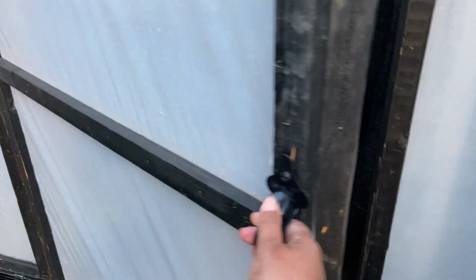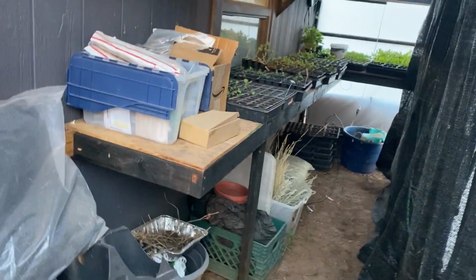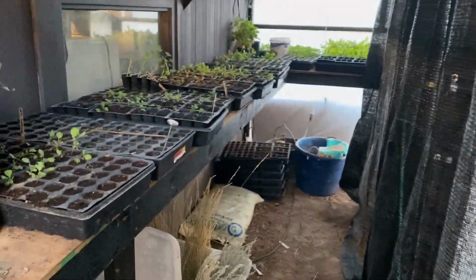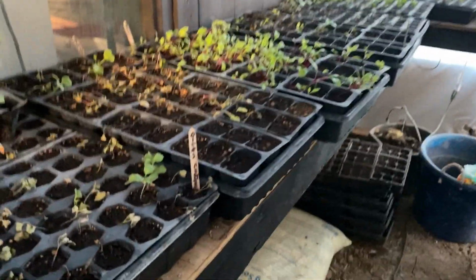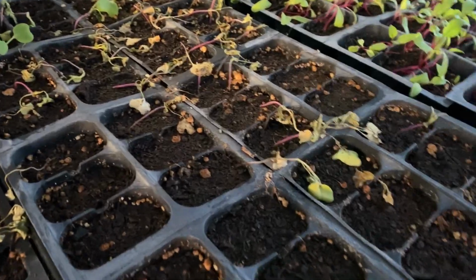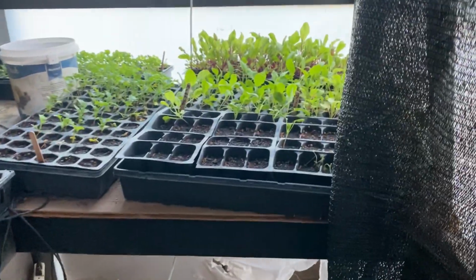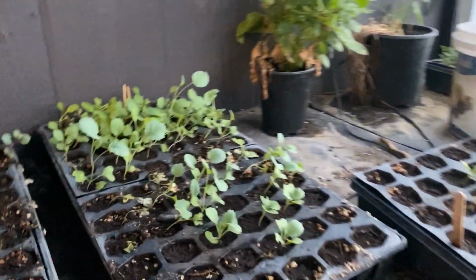Let's take a look at what we have growing in the greenhouse. So the greenhouse still has my fall starts in it, which actually should be in the ground. So I am behind with getting these out, and they're super small. I think I'm lacking humidity in here, and they are just suffering, and I have lost a bunch of seedlings too, as you can tell by those right there. So I do need to get the ones that are looking healthy out. I have beets and a whole bunch of different turnips and kale, and I believe some chard and cabbages that need to go out. So let's see if we can find a spot for them as we tour around the